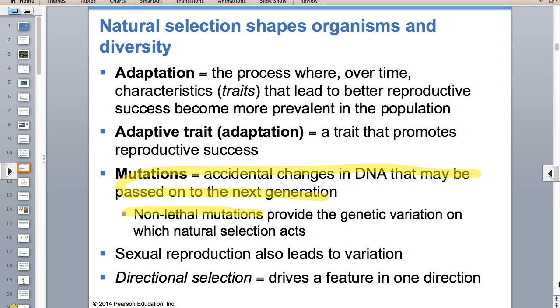We had talked about directional, disruptive, and what's the other one? Stabilizing. Thank you. Those three types with the graphs from the Pogil, those are on the test. And we really did a solid job talking about those in class. And so they're not on the PowerPoint. That picture is not in your book anymore. But we did that activity for a reason, and those three pictures are on your test.